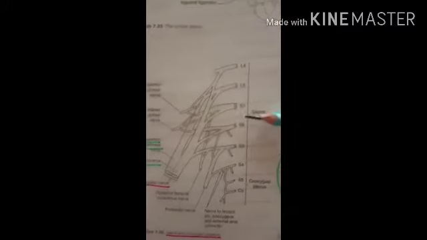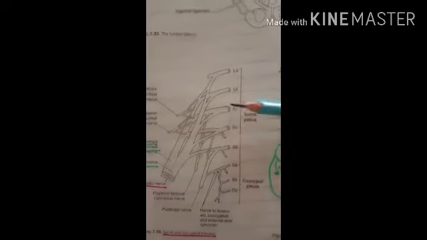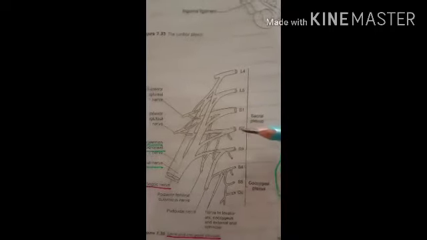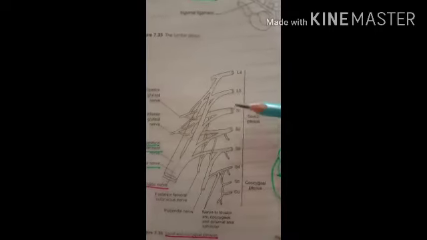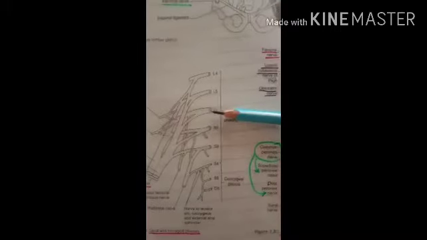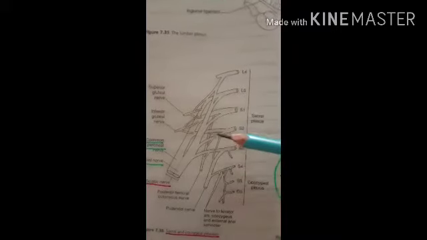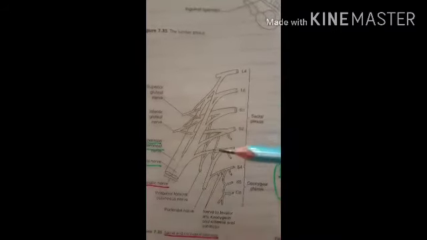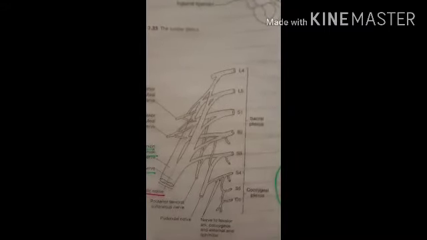So in the thoracic region, the anterior rami do not form any type of plexus. The 5 large plexuses of mixed nerves form on each side of the vertebral column. They are the cervical plexus, brachial plexus, lumbar plexus, sacral plexus and the coccygeal plexus. So let's see each plexus in detail.